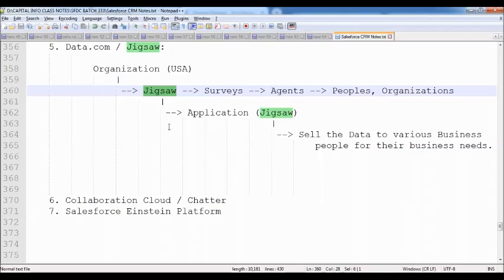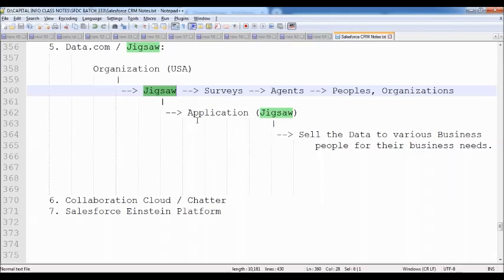This is a major benefit, so that we can reduce the time to do the marketing. We can reduce the investment on marketing, so that very fast we can promote. Now in this case, what happened? We can buy whatever mobile numbers and email IDs that we want from Jigsaw. We can pay some money to the Jigsaw people, buy it, and then send notifications and make calls to the people also. In a very short format we can do it. This is the effective way of marketing.